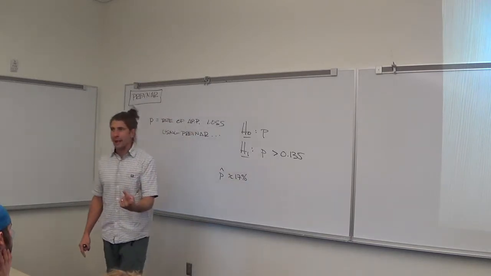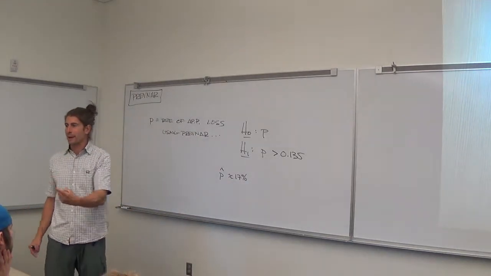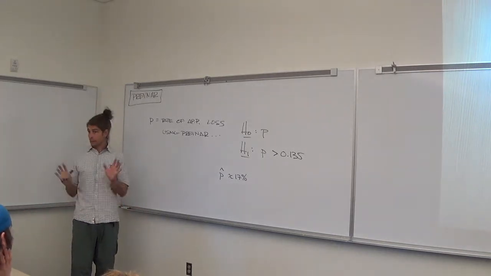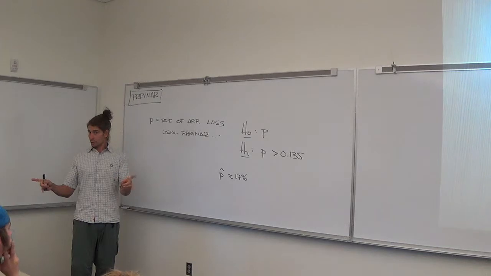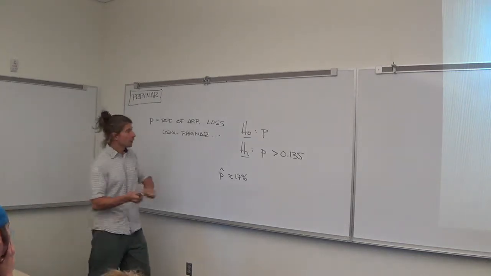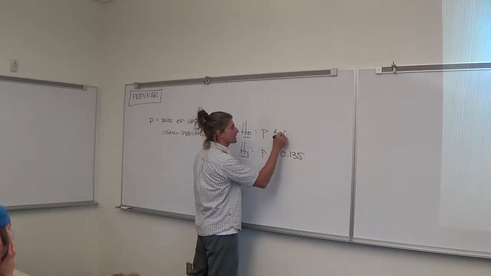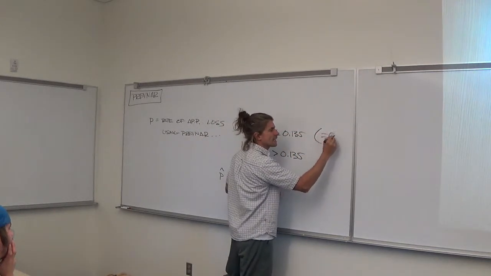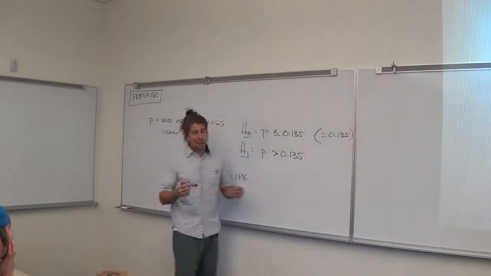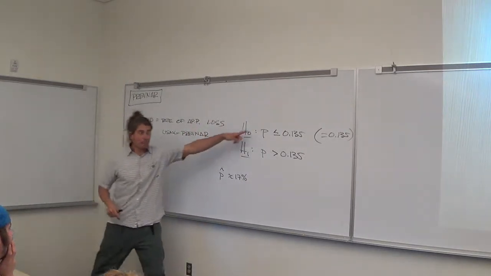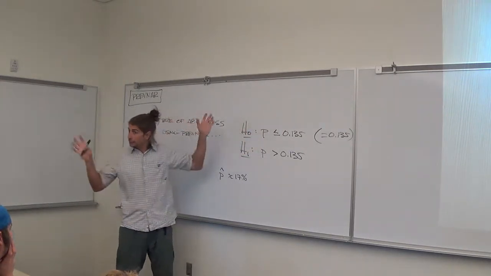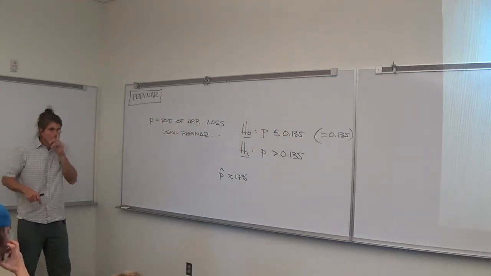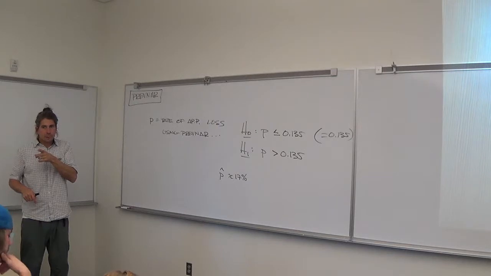But all the votes haven't been counted yet, right? All the votes haven't been counted, which means we've got to account for a margin of error on that, which means we're not done with the test yet. Is that fair? Believable? Good. So the null is either this. A lot of times, friends, you're going to see an equal sign and only an equal sign. I don't like that as much mathematically. I like them being opposites of each other. But a lot of times in research, they'll just drop an equal sign, which is totally fine. Good so far? Happy so far? Content so far?